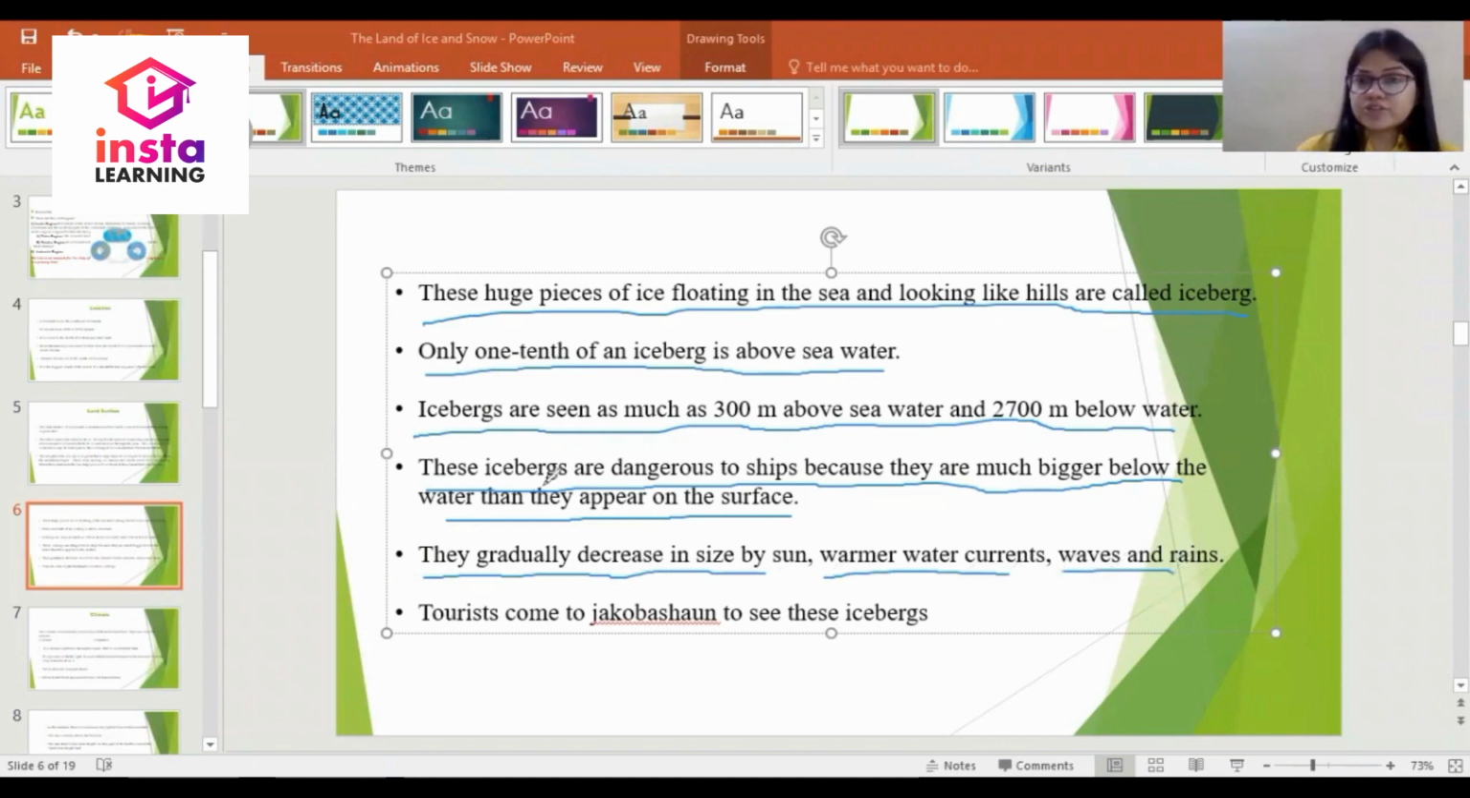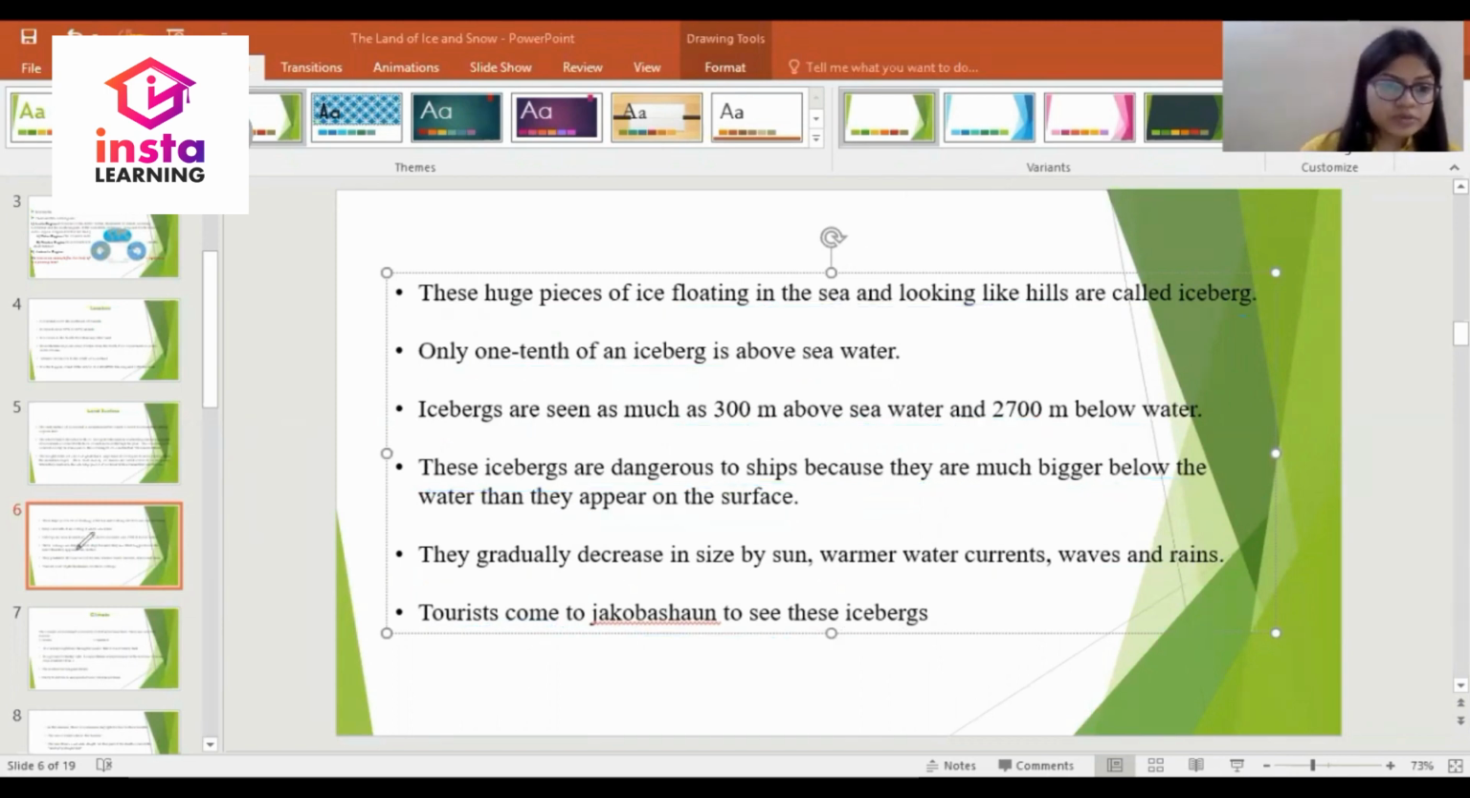Dear student, as you all know, tourists came to Jakobsund to see these icebergs. So, dear student, as I am removing it, let's move ahead to understand